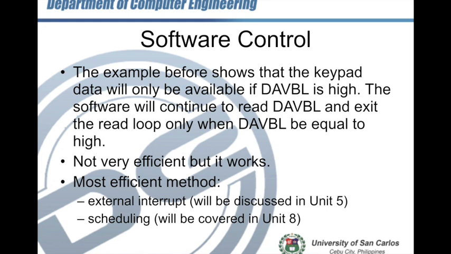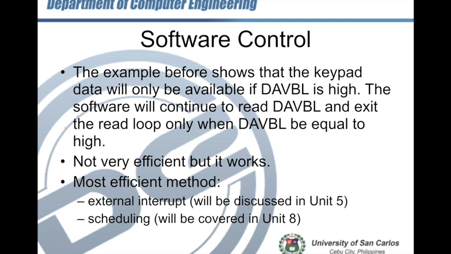So that's the same method. The DAVBL will be an interrupt source, so that every time any key is pressed, it will generate an interrupt to the CPU. And the CPU, with the interrupt service routine, will just read the data of the keypad. That's it. The CPU will just return to its normal